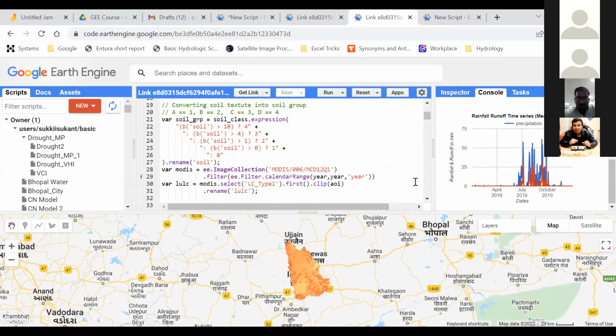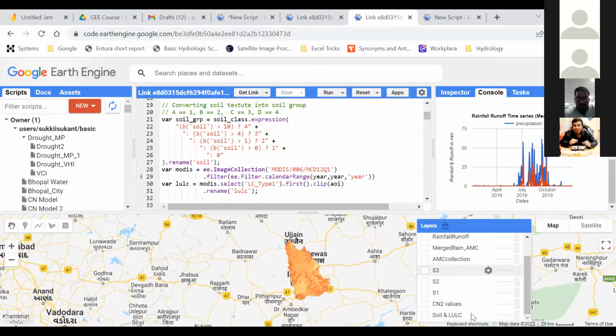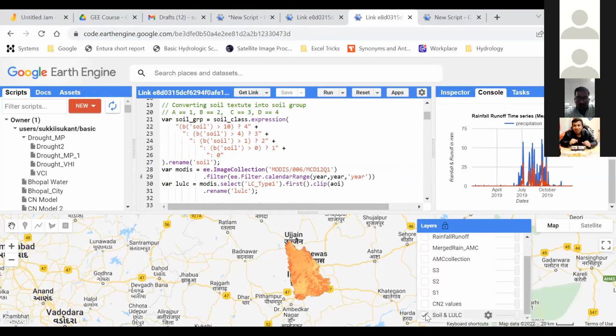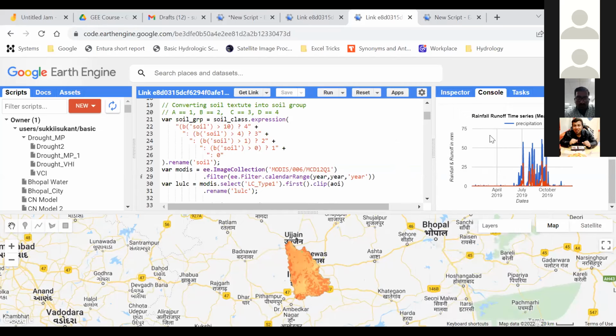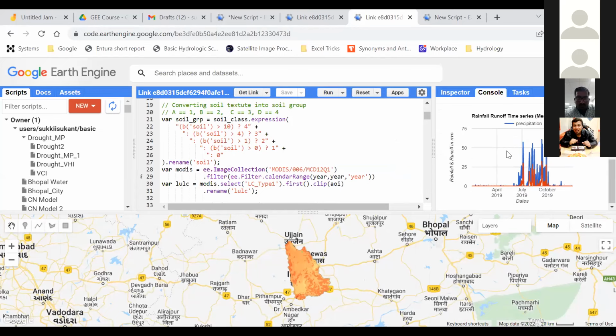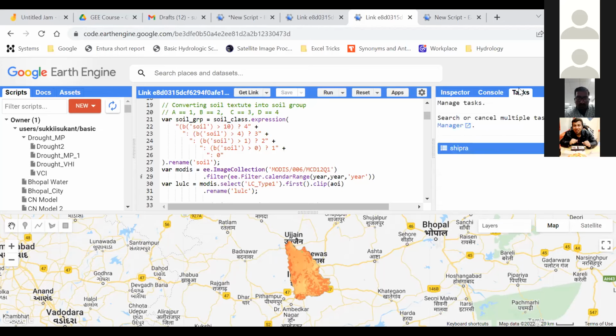After that, when I click run, all the outputs in map format will be displayed over here. You can find in the map, we have certain colorful maps. And if we go to the layer tab, we can see there are 5 to 6 maps. For example, you can find an LULC, because we have prepared this map for this particular task. You can always check on and check off these maps. Then in the console panel, we have all the outputs in the format of either strings or tables or charts. You can see the chart is actually displayed in the console panel. Then task is there. If you perform any task, either uploading or downloading any data set, then you can go to the task and check the